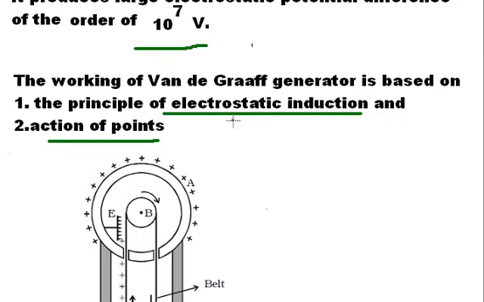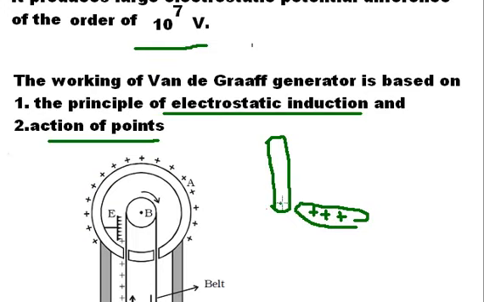See, electrostatic induction is the production of charges without any contact. For example, let us take this rod, which is neutral. Suppose you bring some positive charges nearby it. Immediately this neutral rod will have a charge separation. Before it was neutral, now when the positive charge is brought near to it, it will attract the negative charges, and the other side it will have the positive charges.